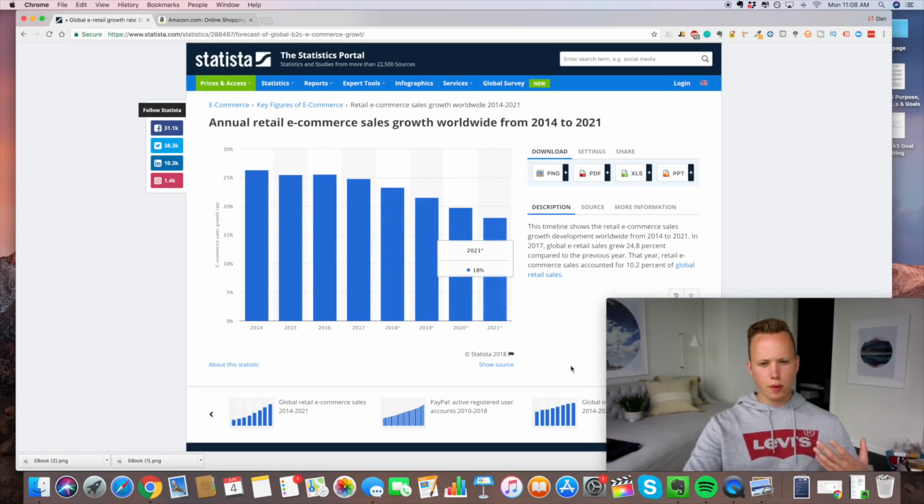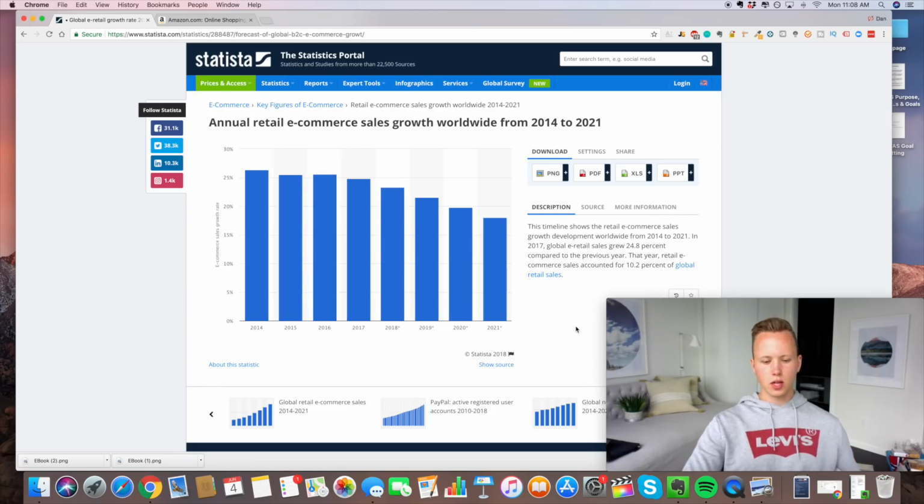And what does that mean? Some of you might be confused with these graphs. What does that mean? What that essentially means is that less and less people are going to stores like Walmart and Target to buy their stuff, and more of them are going on Amazon, figuring out how to use the internet, how to go on Amazon, how to get an Amazon Prime subscription, and how to make life much easier for themselves by just shopping online, because everything now you can buy online, especially on Amazon